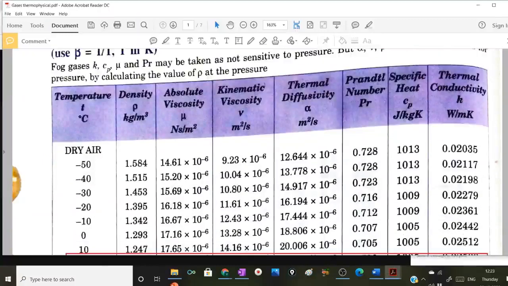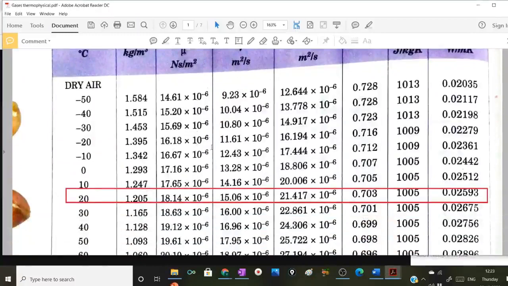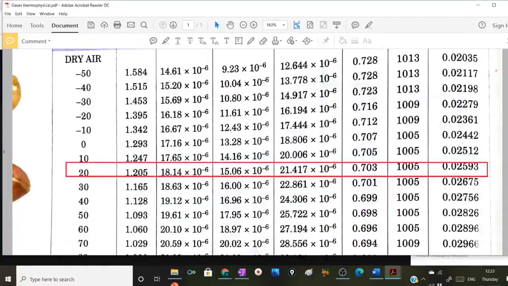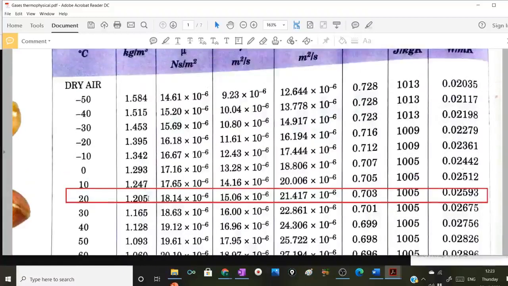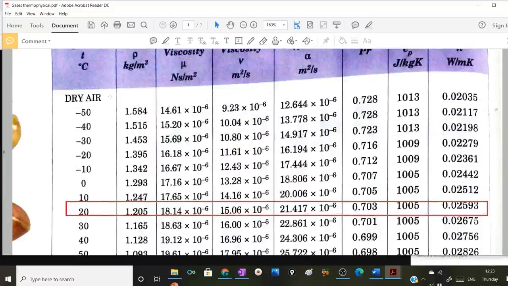So what I have discussed, let's say if the reference temperature you have got is 20, I have marked here with the help of a rectangle. So at this 20 degrees Celsius reference temperature, you can find out all these thermophysical properties for dry air. So different values are given